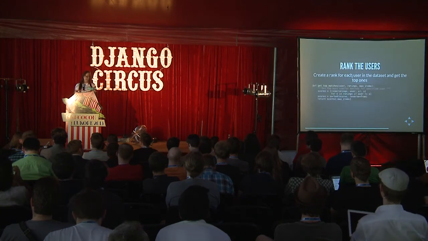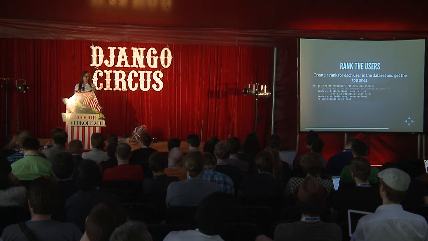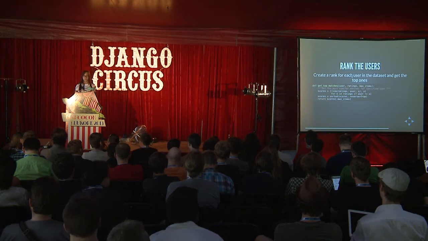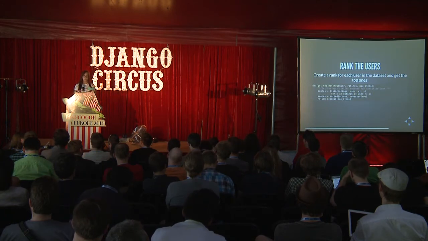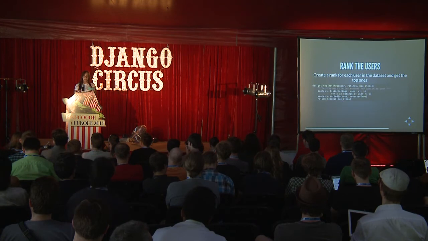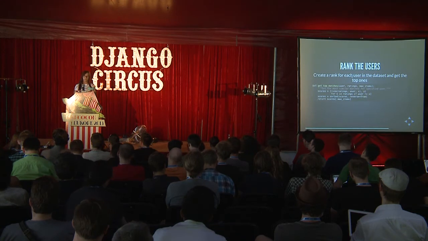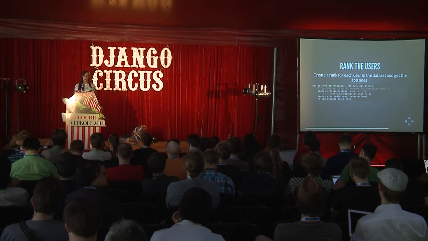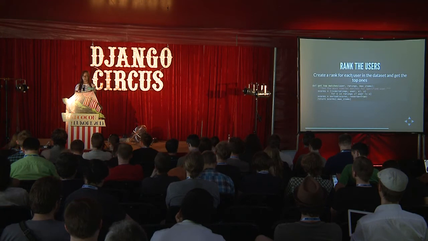When we know how to rank the users, two users between each other or two items between each other, we can define the top matches for a specific user or a specific item, because finding similar items or finding similar users is basically the same idea, but made in a different manner. So when we know how to get these top matches, we have these similar items found, and at this point,